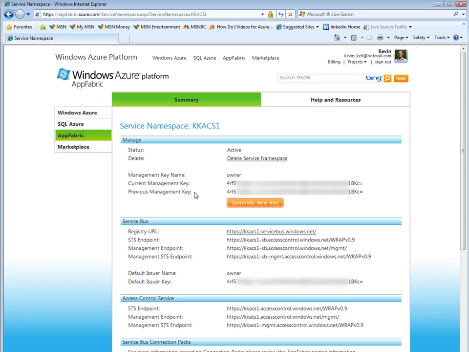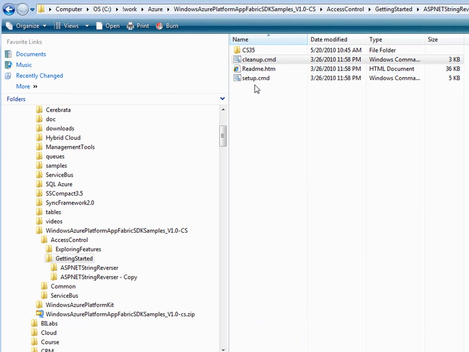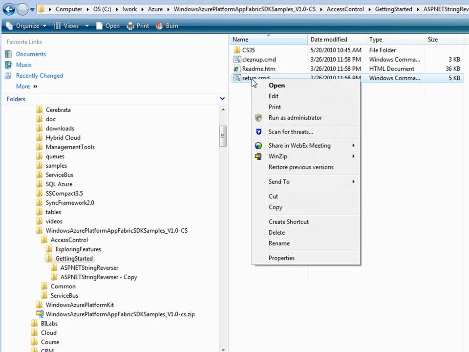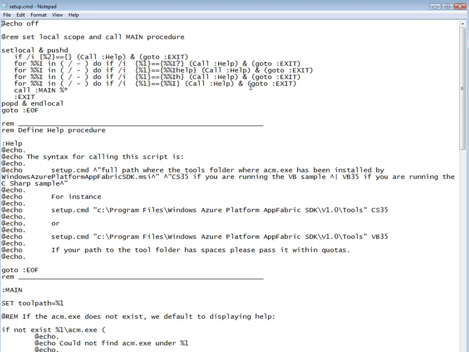So okay, to run this ASP.NET string reverser project, before I can load it up, I have to run a script that's provided by Microsoft called the setup command, and this is all done, of course, after installing the App Fabric SDK. So this script is kind of involved. You'll probably want to download it and go through it in detail yourself, but basically what it does is it